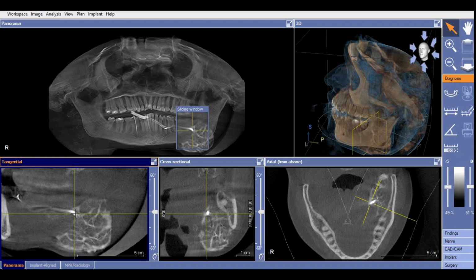In CBCT, we can easily find out whether it is actually a sialectasis, that is a collection of contrast in the destruction of the gland, or it is just a branch of the salivary duct which we are seeing at 90 degrees. This much clarity you will not get in any other imaging modality. Even though sialography is a little technique sensitive, it gives an excellent result when you are an expert at it.